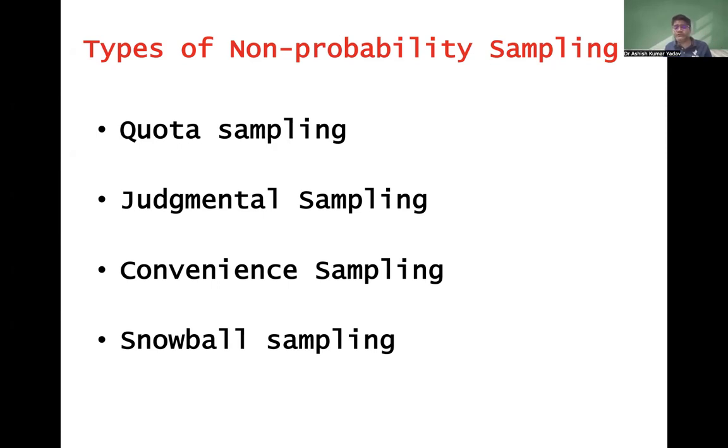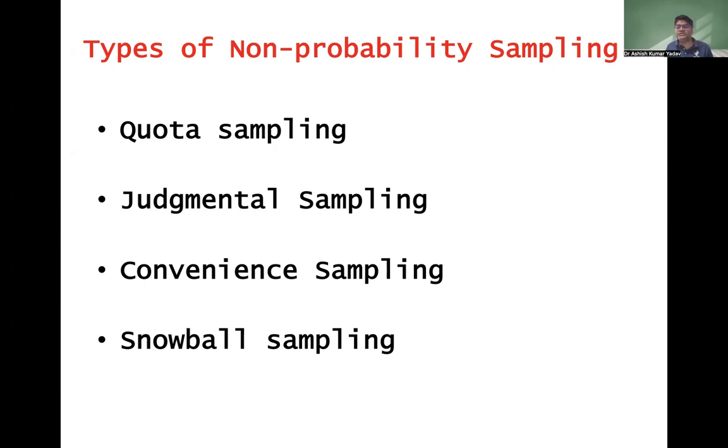The second sampling technique is judgmental sampling. As the name suggests, judgment. So based on the decision of the researcher or the PI, the sample is included in the study. For example, someone is doing a study on the etiology of a particular disease. Okay, so he or she might feel that a particular characteristic is very important for me,